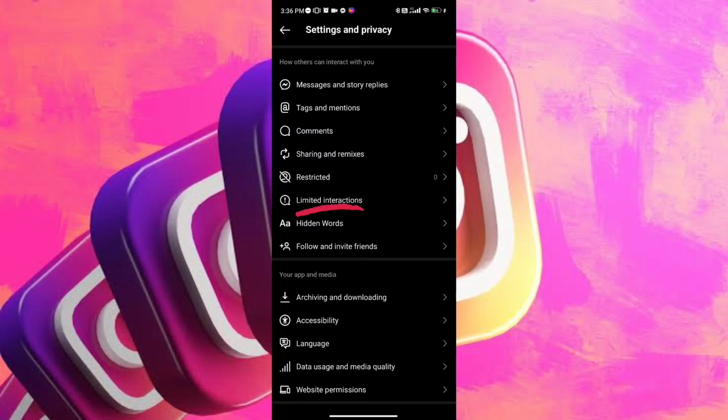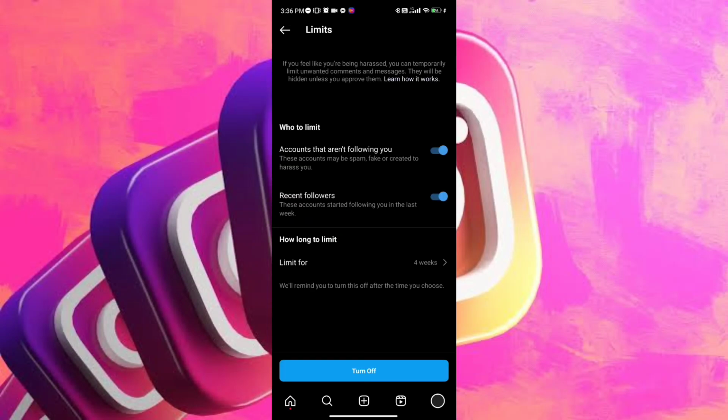Let's go ahead and tap that, and you will be transferred to this screen. And as you can see, this is currently turned on,